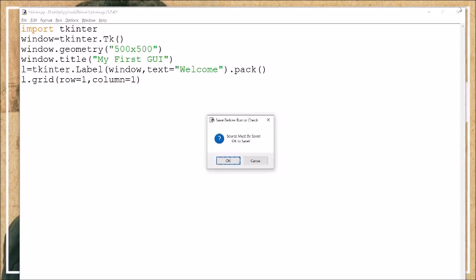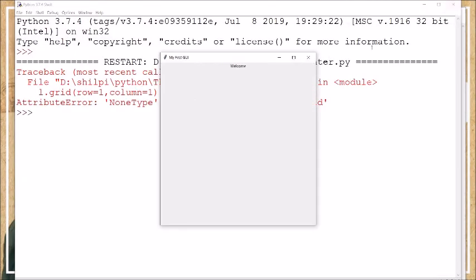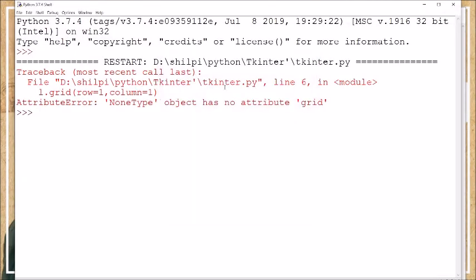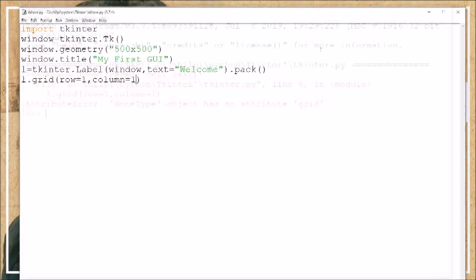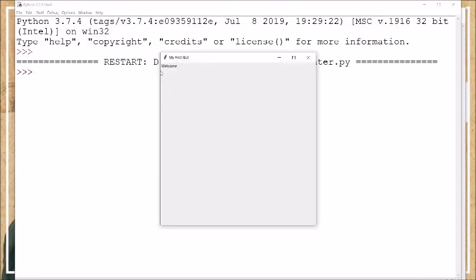Now when we are using grid, we should not use pack, otherwise it will generate an error. See, it has generated error. So when you are using grid, there is no need of pack. Now you can see, rather than placing at the center, it is placed at the left hand side.